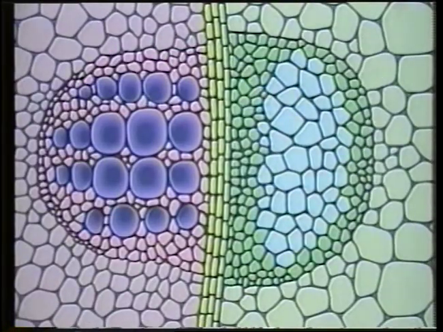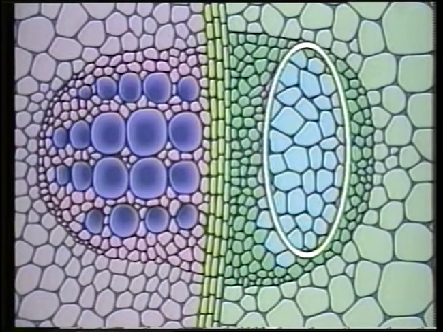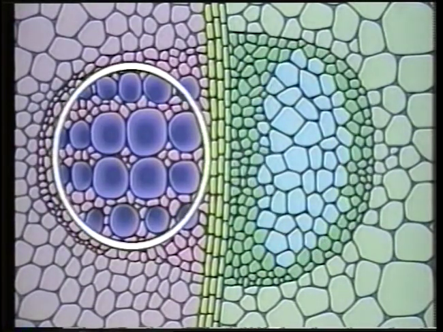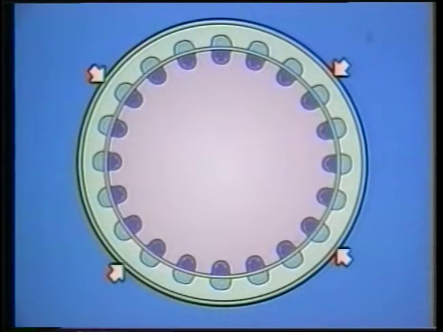Synthesized food is conducted from the leaves to other plant parts, chiefly through the living cells of the phloem. The xylem vessels are non-living cells. Water and mineral solutes are conducted from the roots to other parts of the plant through the xylem. The epidermis is made up of cells that protect the inner cells of the stem. The pith cells, found in non-hollow stems, provide storage of food materials in the plant.